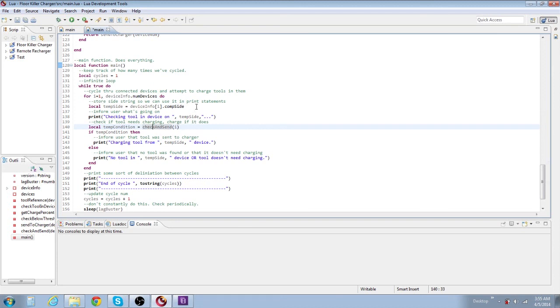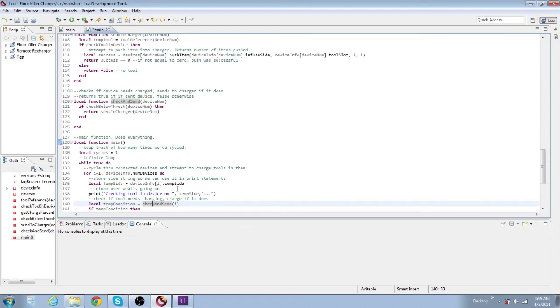Let's go find out where check and send is. So I scroll up, and you can see with this program it highlights, here's check and send here, and it highlights it up there, so it's very easy to find. Alright, so what does check and send do? Checks if a device needs charge, sends it to the charger if it does, returns true if sent to device, false otherwise. So check and send asks for the parameter device number. So that's what I'm doing on here, the number of iterations I'm on. So the first, second, or third device up here, I'm sending that. So if